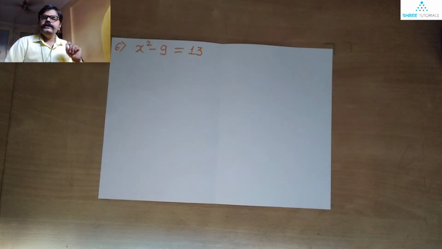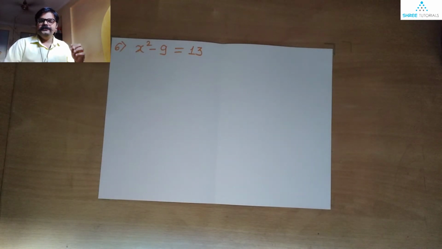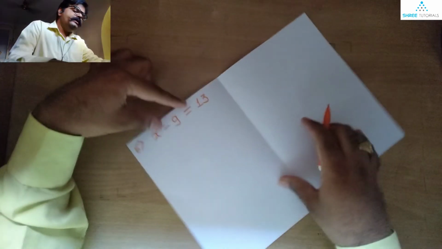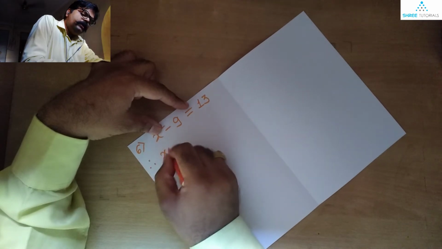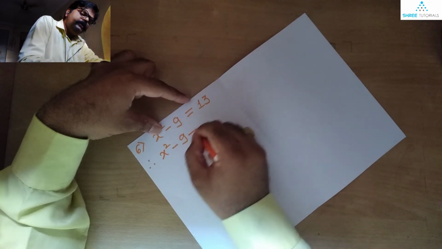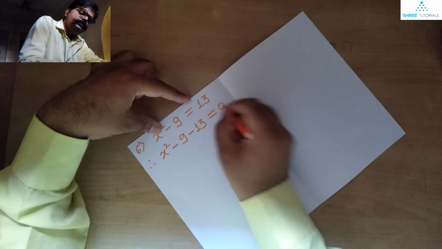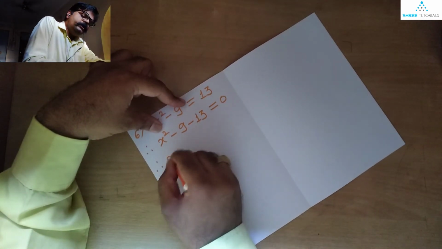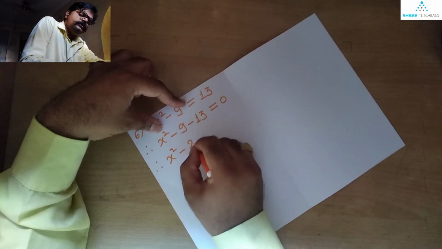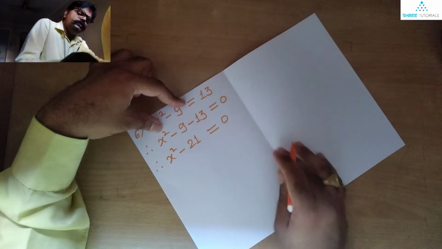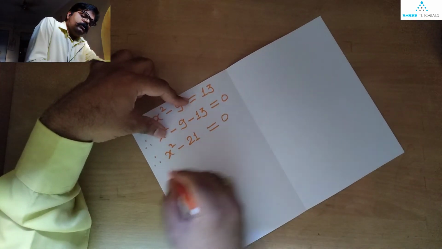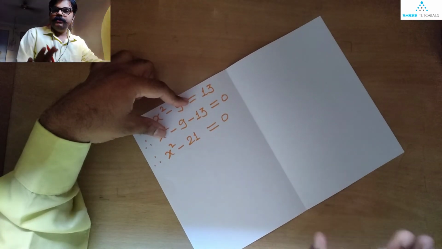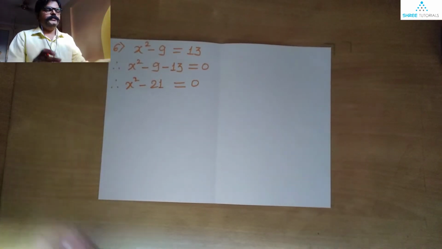Okay, so here as well we are supposed to calculate values for a, b and c. Therefore as usual we are going to move everything on the left hand side. That is why this equation will look like x square minus 9 minus 13 is equal to 0. There will be nothing left on the right hand side. Therefore it will be x square minus 21 is equal to 0. Now please note, this does not have the third term. This is a very peculiar fact.